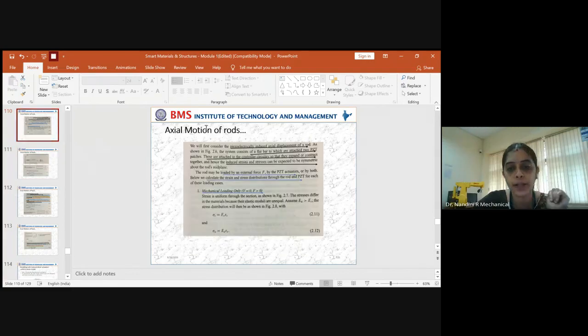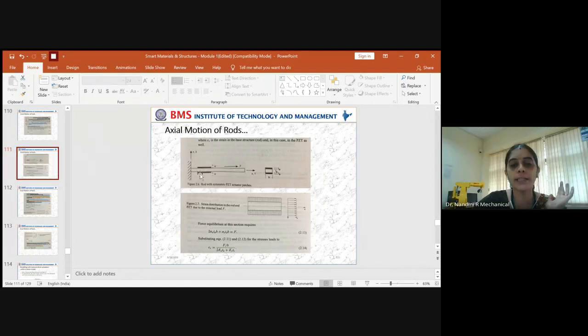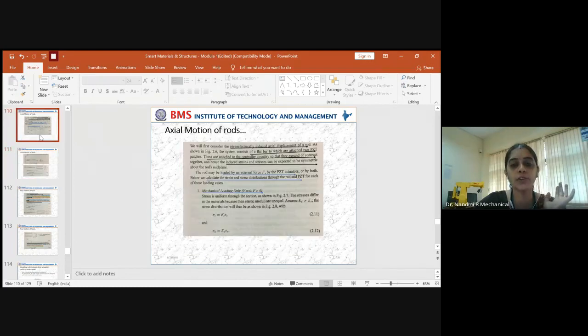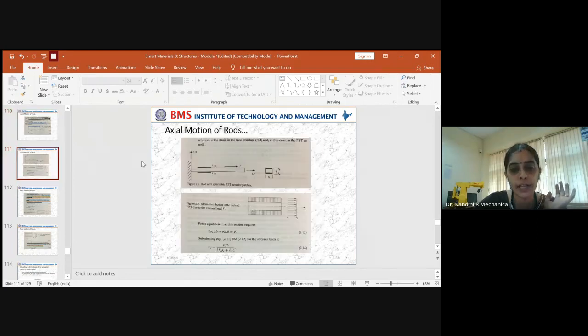As shown in the figure, this consists of a flat bar to which we have attached 2 PZT patches. This bar is nothing but our structure. To the given substrate, 2 piezoelectric patches are applied. This is one patch of PZT and this is the other patch of PZT. You have the 2 patches, and the voltage applied to patch 1 is shown here.